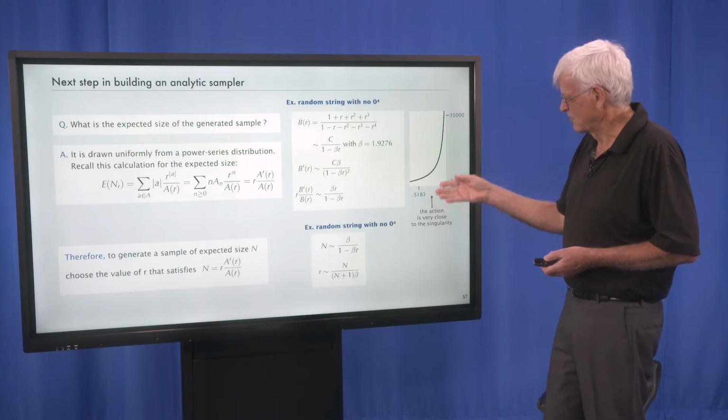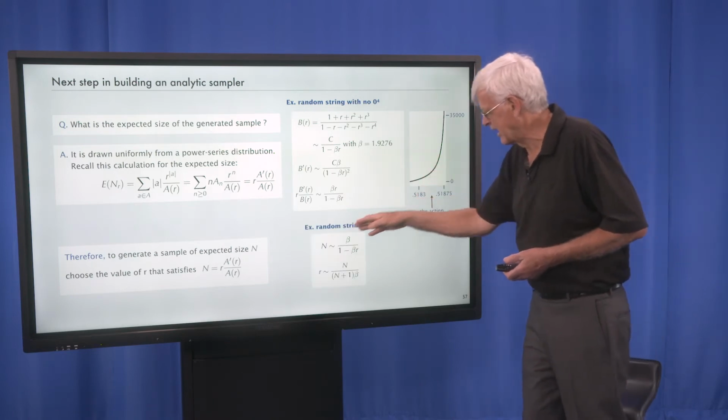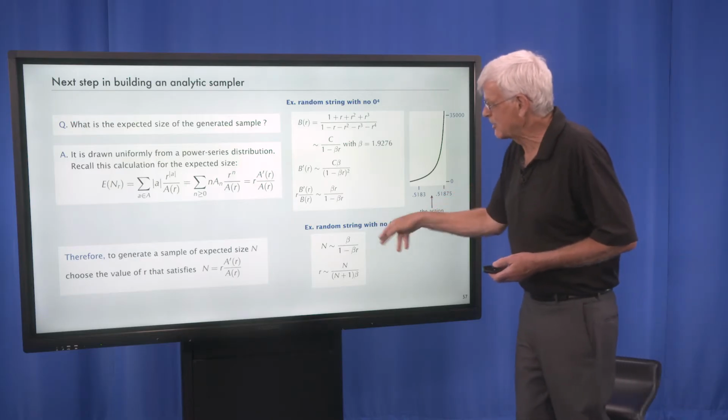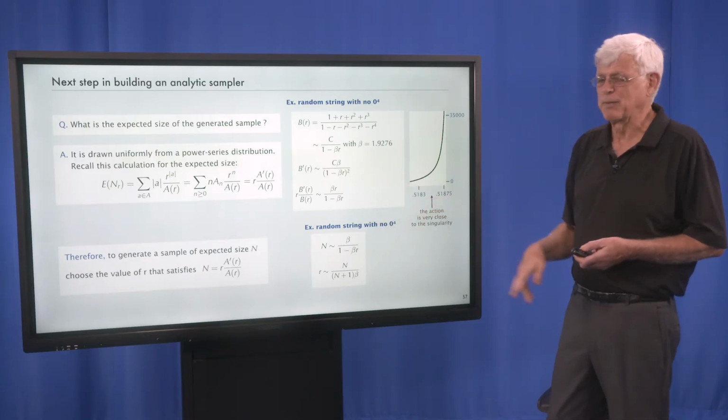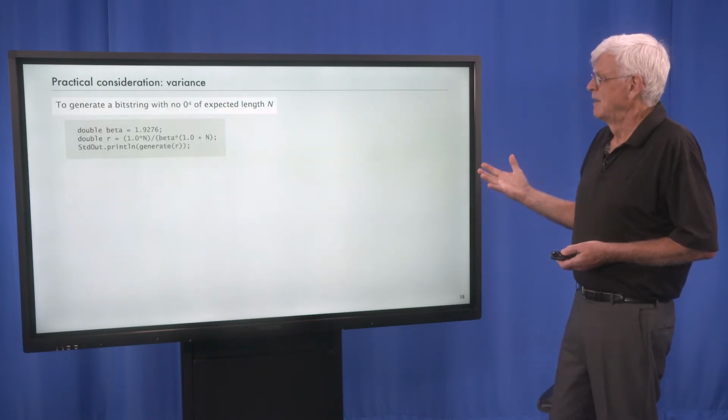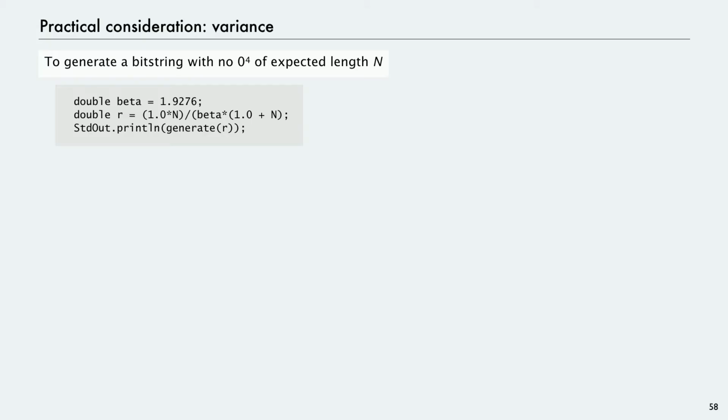In other words, for this case, we take n equal to this thing that we calculated and solve for r. And it's n over n plus 1 times beta. So using that value for r is going to give us expected size n for any n that we might want. That's the code that implements that if we want to generate a bit string with no 0 to the 4th